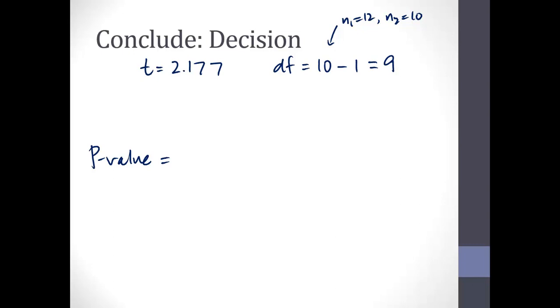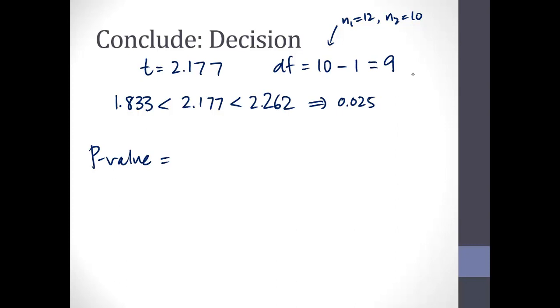Very good. I'm going to skip over going to the table, but you'll look in the degrees of freedom equal to 9 row, and we find that our t, the two numbers we can sandwich that between, is between 1.833 and 2.262. And what that tells us is that our p-value is going to be between